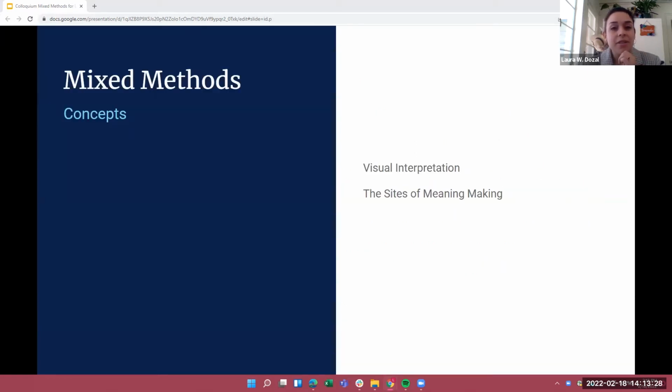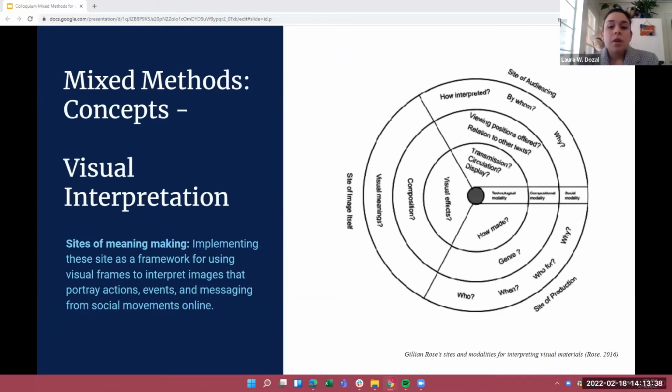Okay, so the concepts that I'm using are visual interpretation, including the sites of meaning making. Gillian Rose created a model for visual interpretation that uses four sites of meaning making. They include a site of production, the image itself, the site of audiencing, and circulation. This model shows circulation within audiencing, but in the next couple slides, I'll show how